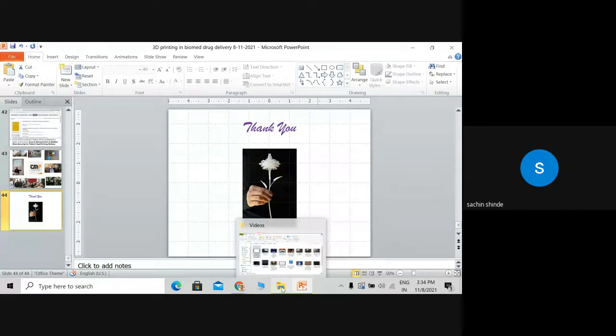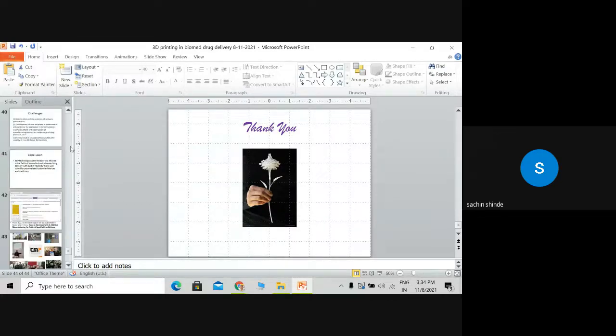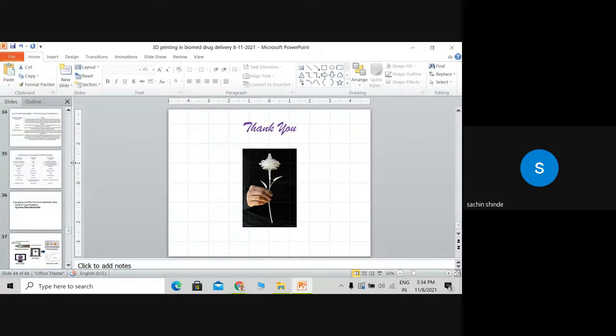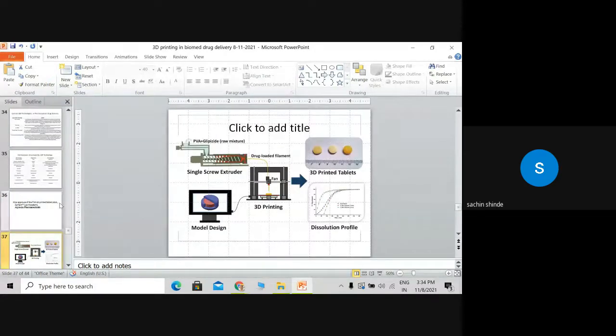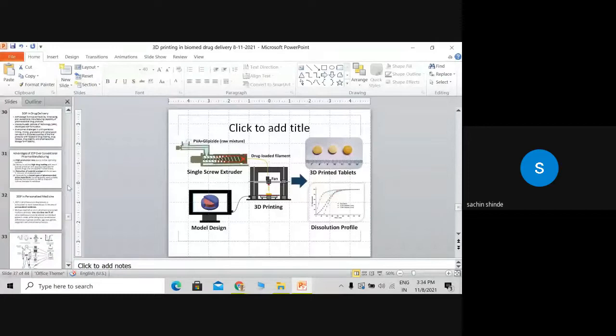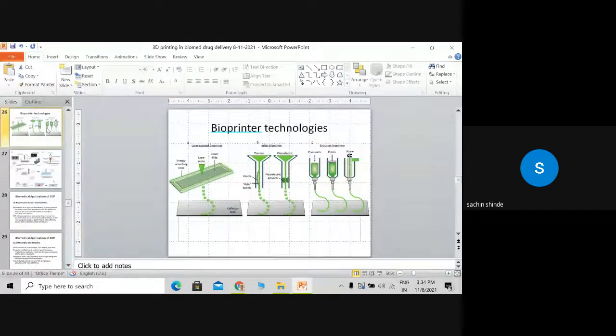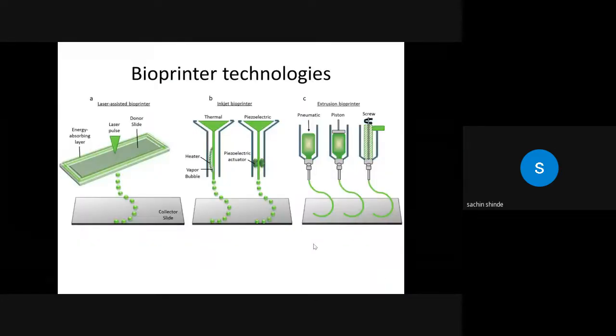Could you go to the slide where you are showing the 3D printing of the biomaterial, the bioprinters? I think it was a slide with the green. I wanted to know about the steam bubbles that you were talking about.